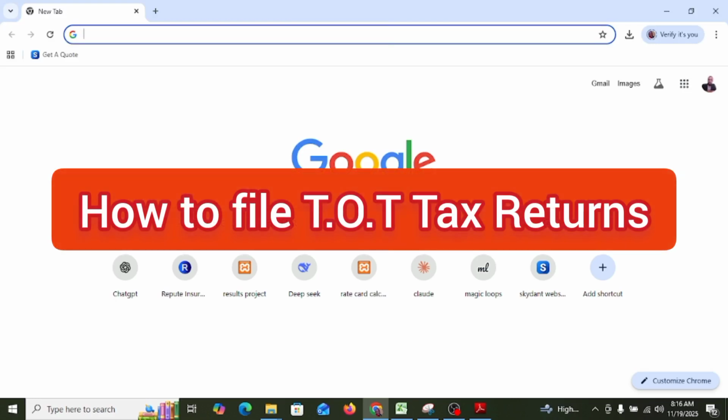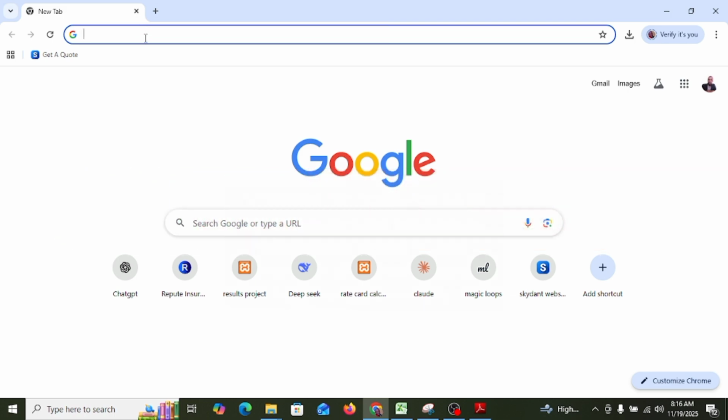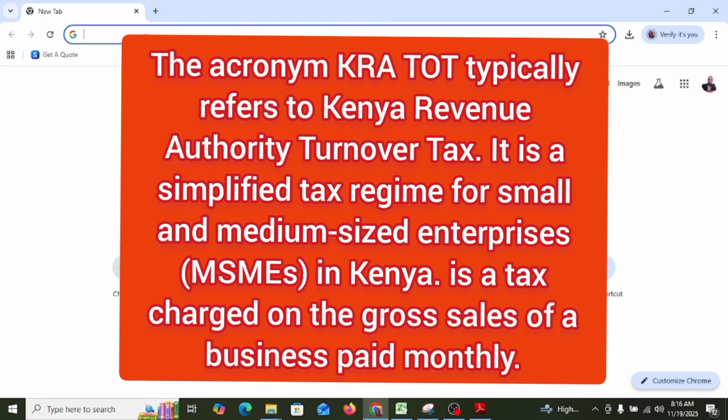In today's video, I want to show you how to file your TOT returns. TOT stands for turnover tax. So here, as you understand, if you have a business in Kenya and you have the TOT KRA obligation, you're supposed to submit the TOT returns, which is done for the complete previous month. So for example, if we are in November, we are supposed to be filing the complete month of